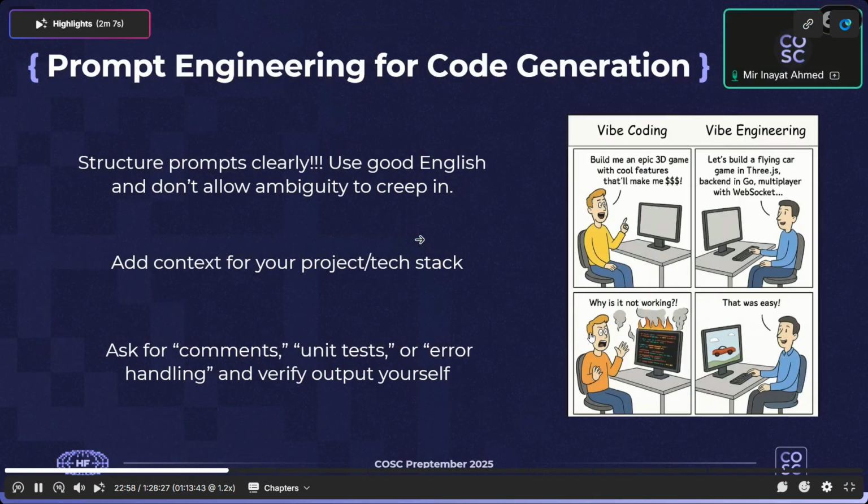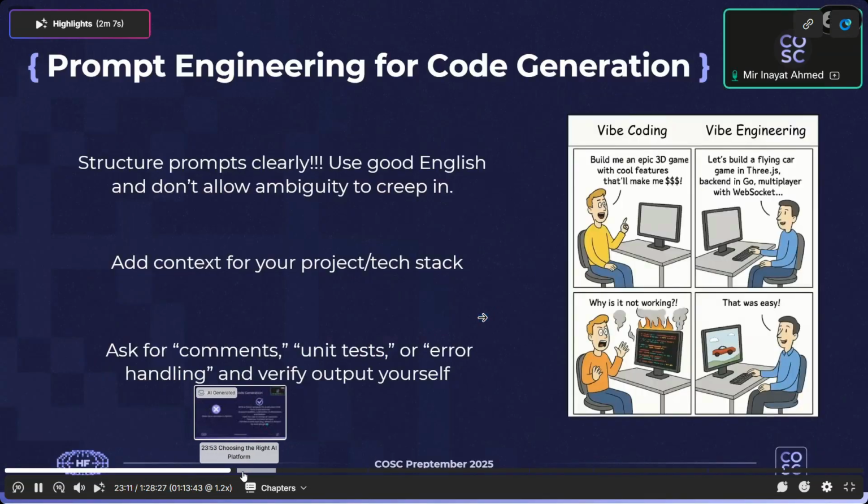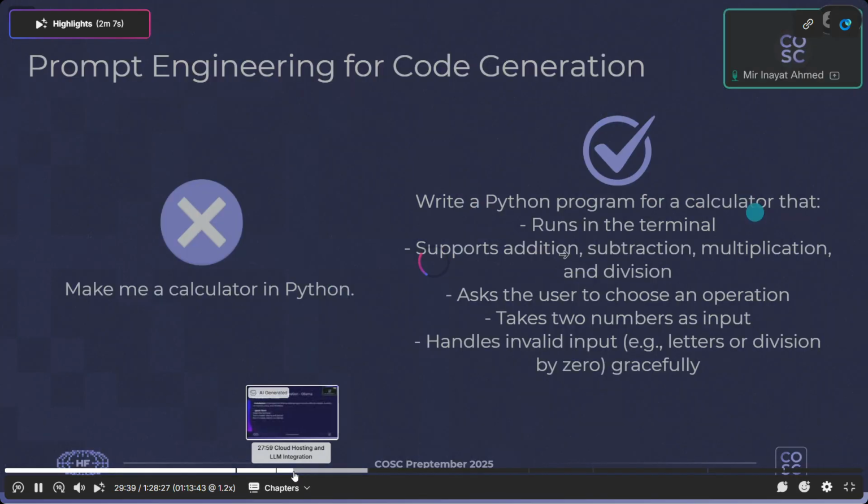nice English and don't keep them ambiguous, and give context to your projects, just as I showed the context thing in VS Code. And always ask the AI to add debugging statements or test the application that it made, something like that, so that it is easier to verify. This is a small example of what a good prompt versus a bad prompt is. Just telling it making a calculator in Python isn't that great. Better mention write a Python program for a calculator